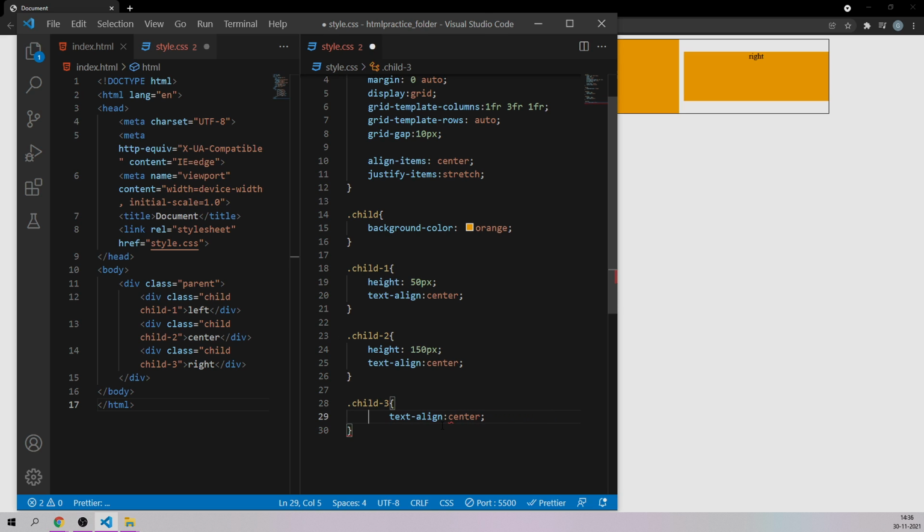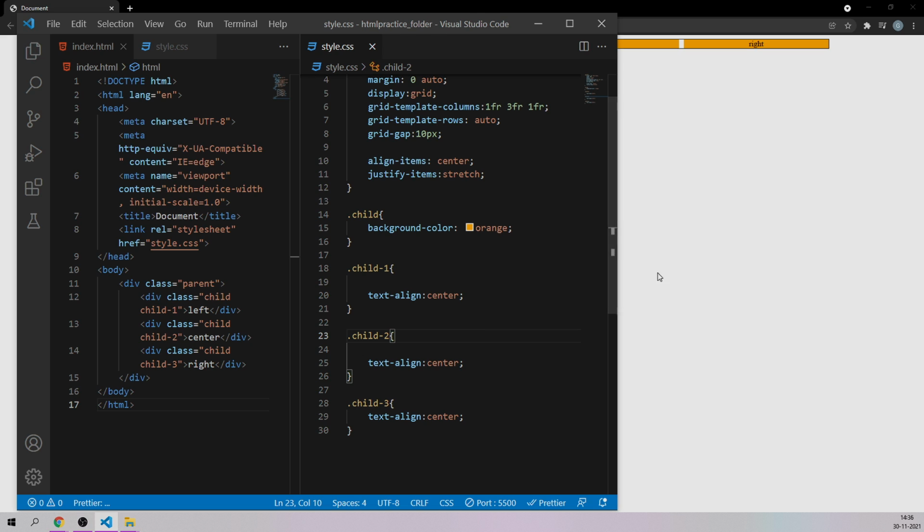For the second and third, and for the first, I'm going to remove the height property. So right now we have not given any heights for the child elements. Let me save it, and as you can see, based on the content size, your row is going to appear like this.